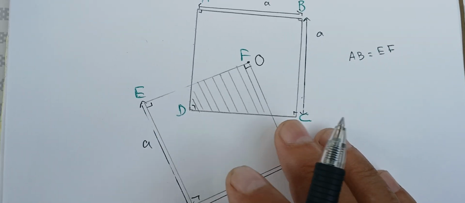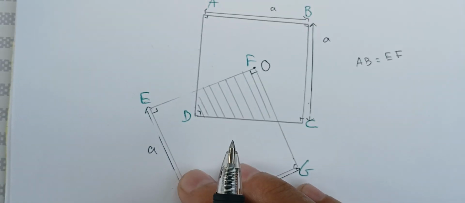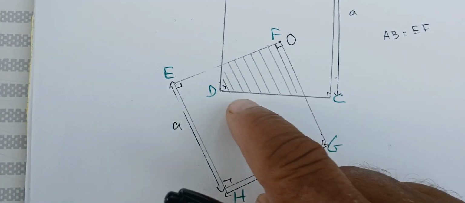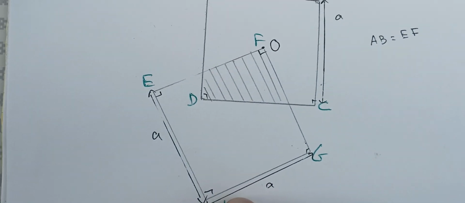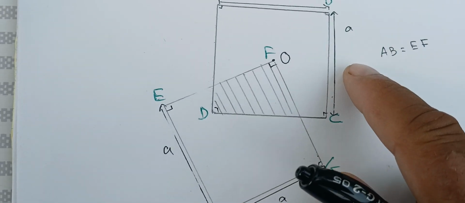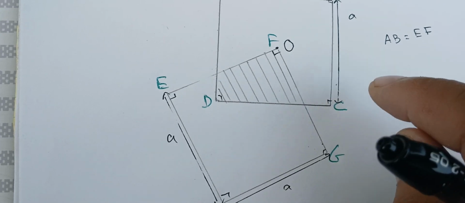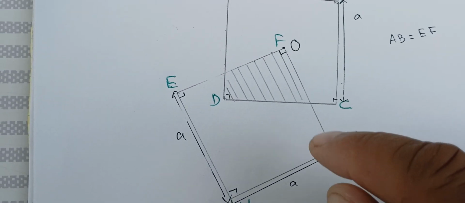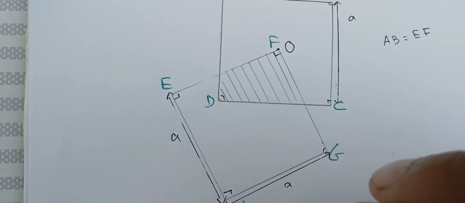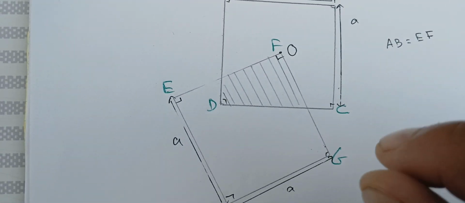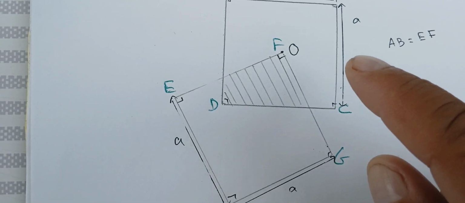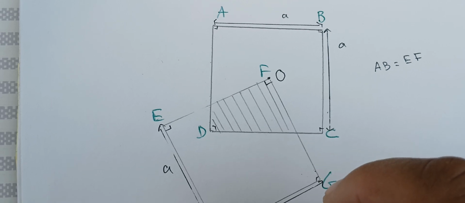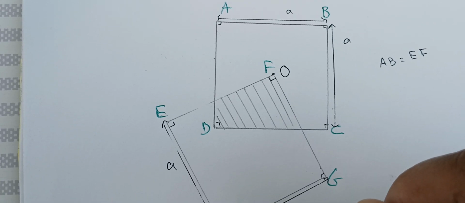In this problem, we want to compute the shaded area here. So we have two squares, A, B, C, D, and E, F, G, H. The side length of ABCD is A, and it's the same for EFGH. We put one of the vertices of square EFGH in the center of square ABCD, and we want to compute